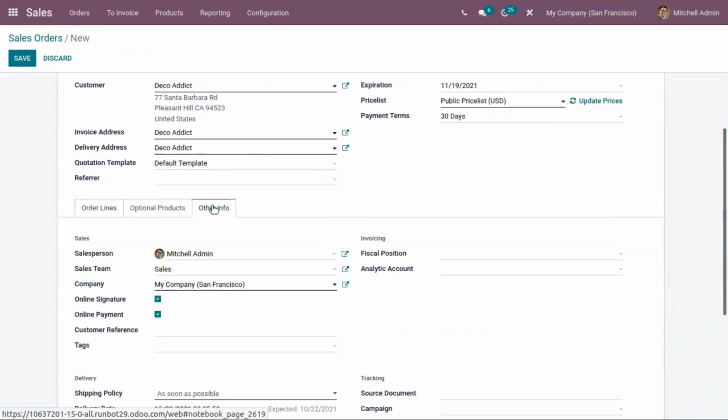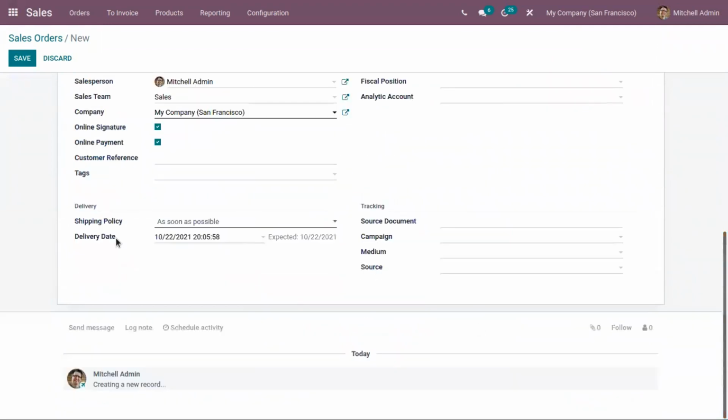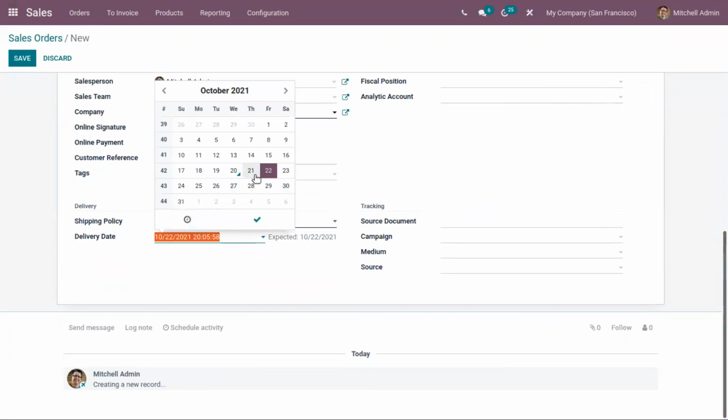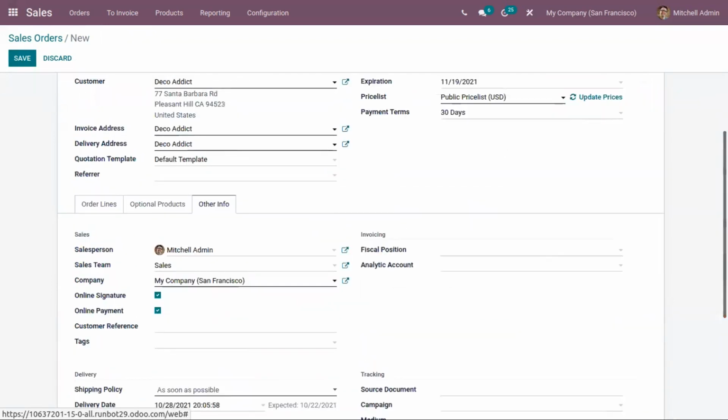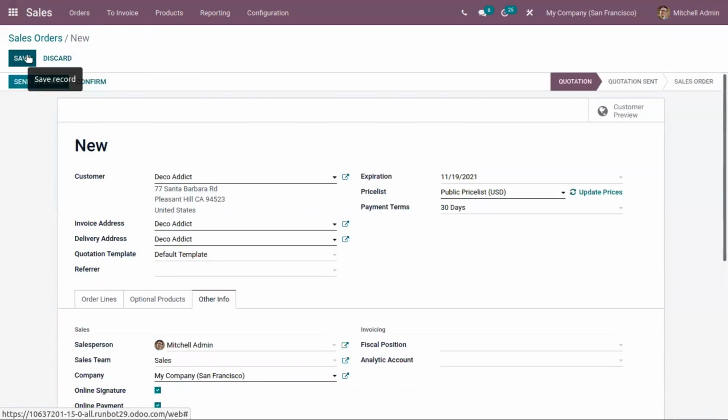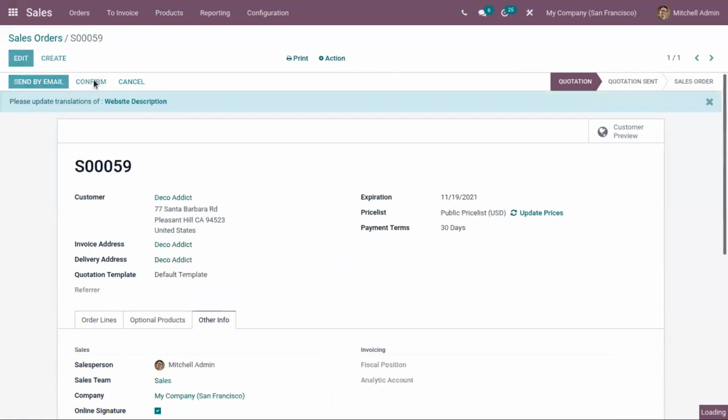After adding the product, you can view the delivery date, the expected delivery date. So let me change this from here. After that, we confirm the sale order.